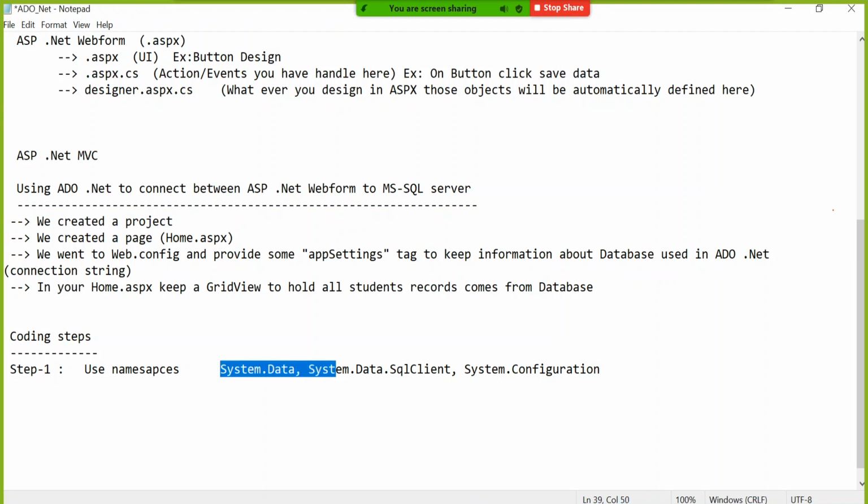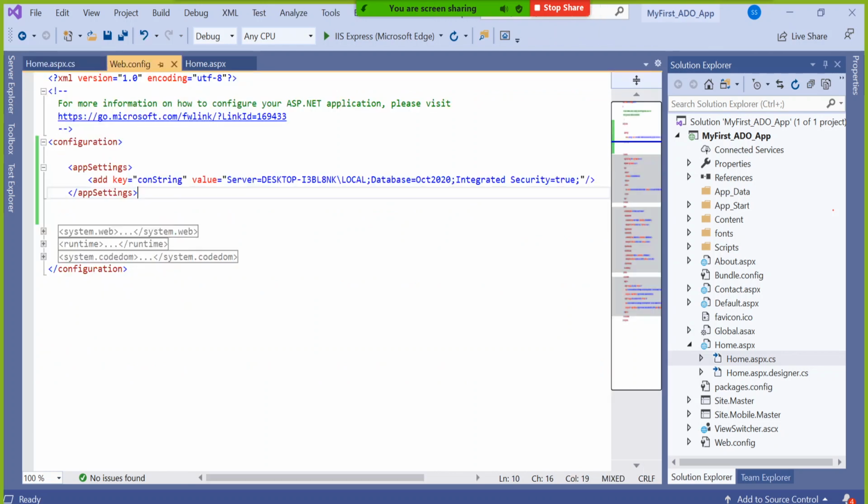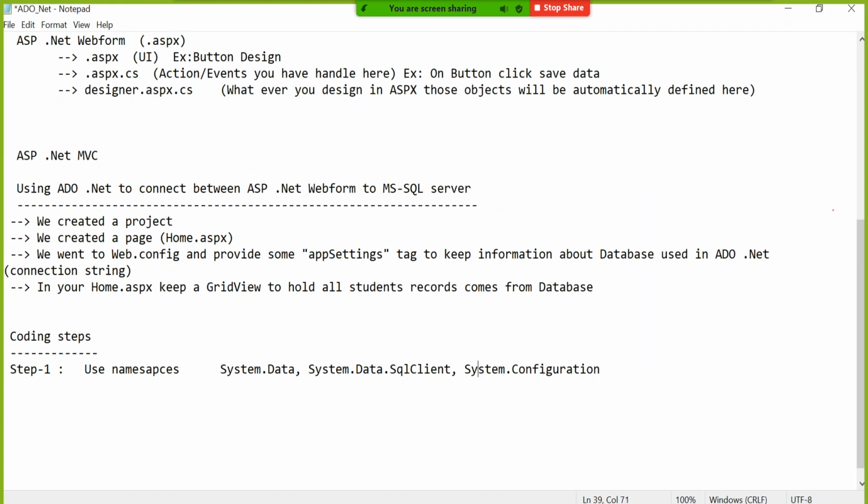These two, System.Data and System.Data.SqlClient, are the core libraries responsible for database connectivity. This one I'm using because I have to get the configuration item from the web.config. In web.config we have the server name, etc., against a variable, and this variable has to be collected from web.config. That's why this namespace is responsible. But these two namespaces are responsible for connecting between front end and back end.